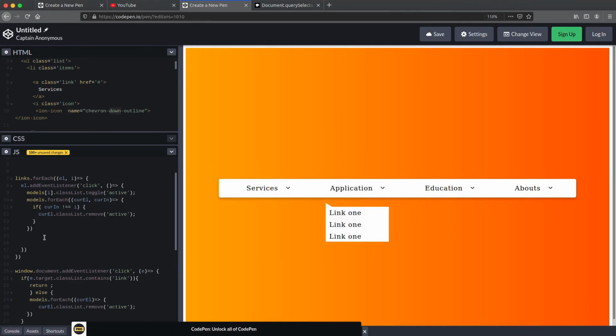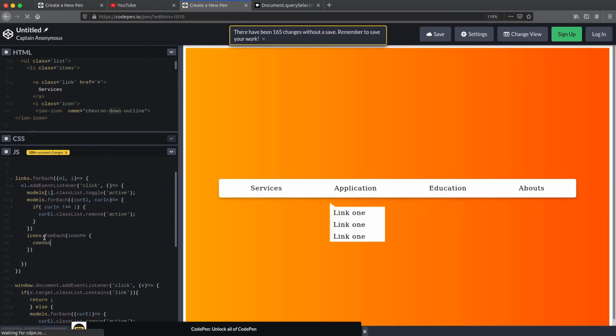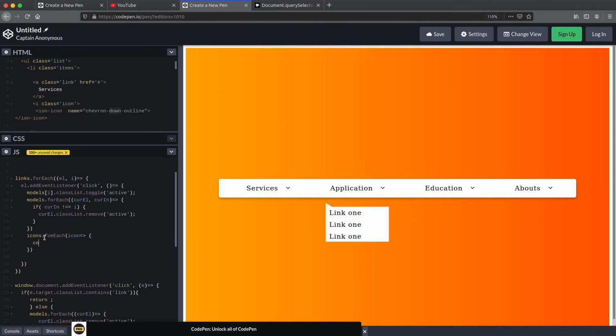So select icons.forEach. Now we need each icon. I want to just log it for now. console.log the icon.